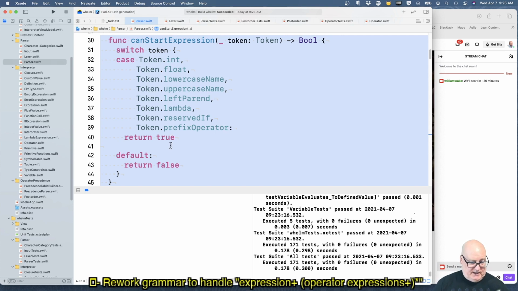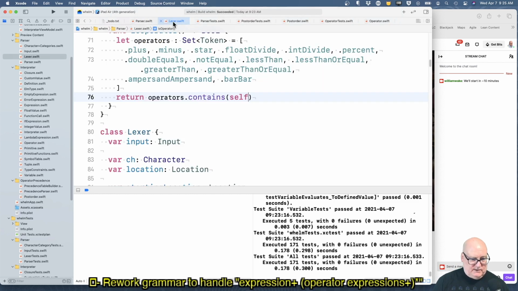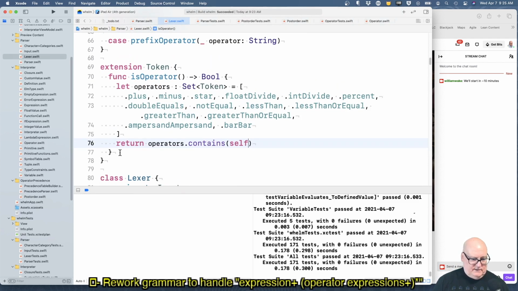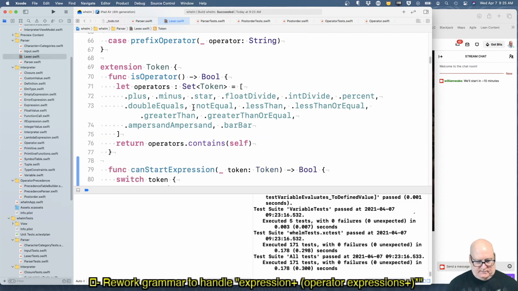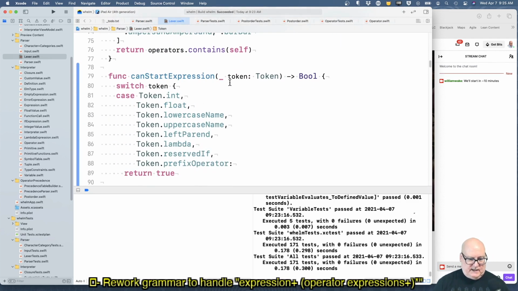It seems okay to me. Everything in here is token, token, token. There's nothing about parsing in here. So we'll take this. We will move it over to Lexer, and this time I'm going to take a little bigger step.